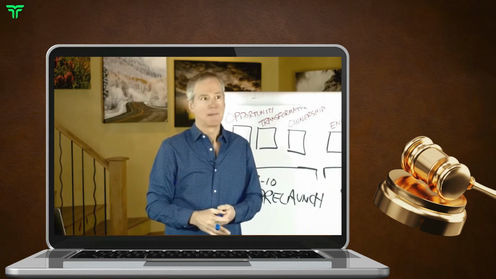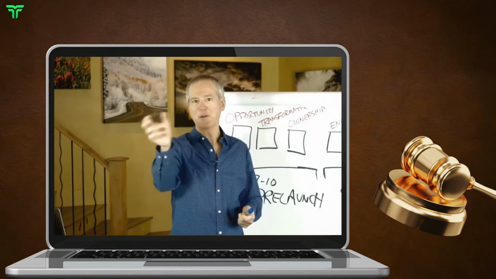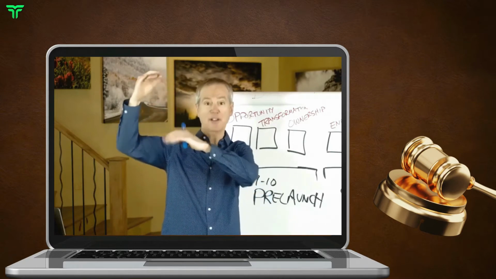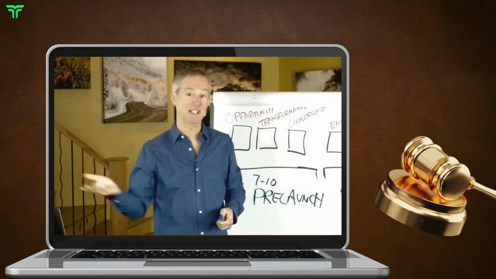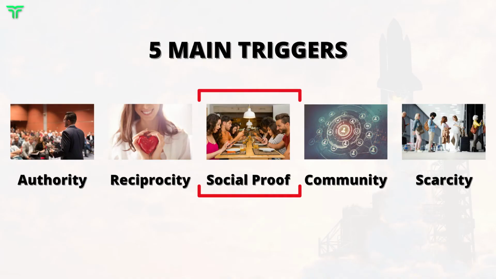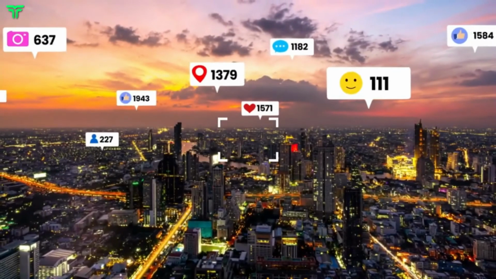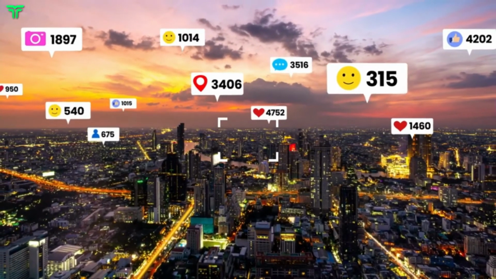So for instance, Amazon reviews. You go to Amazon and you're looking at one product and it's got like 12 reviews and another one's got 4,000 reviews. You're going to think there's something going on with the 4,000 reviews, and that's probably going to be the one you check out first. The same thing works with social proof. All the way through here, you're creating a little community, which by the way is another trigger. You're asking people to comment, especially in the live streams, where there could be a chat room. If it's just a video, down below each video there'll be a section for comments. In those comments and in the interaction, they can see that others are paying attention, and that creates social proof.